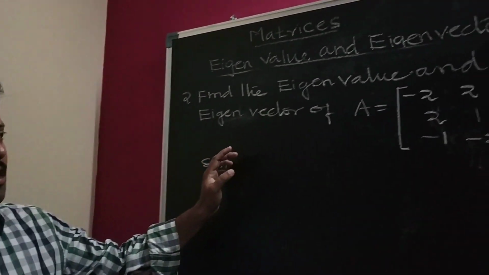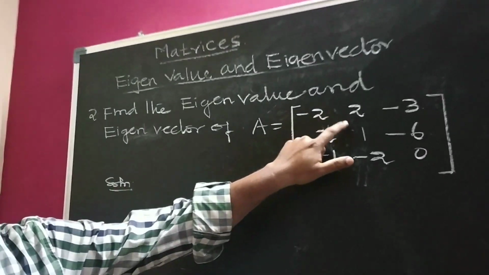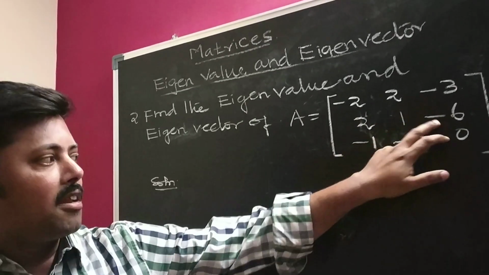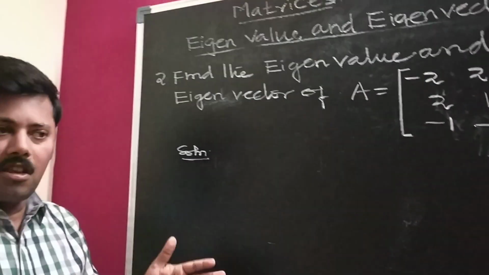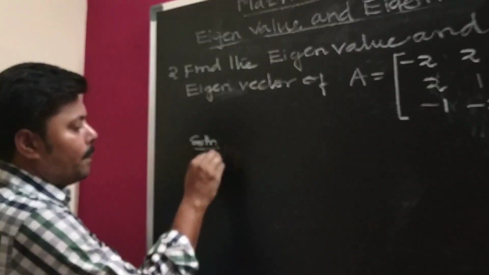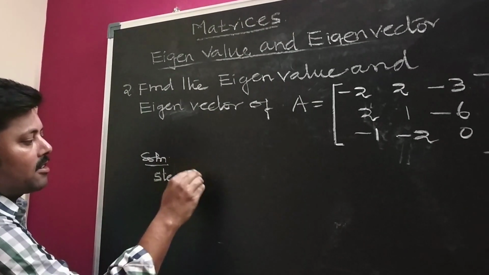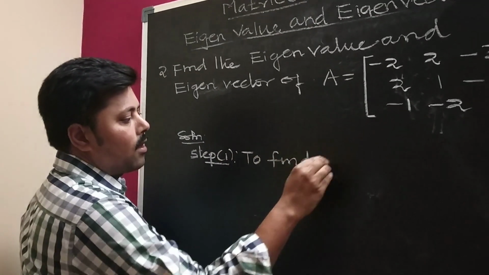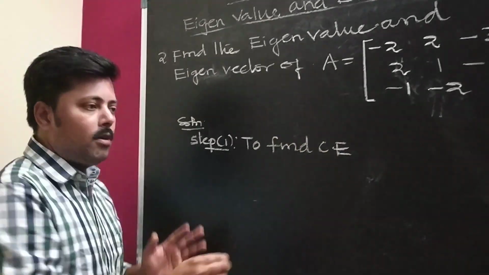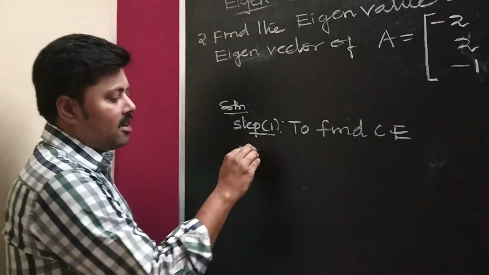Find the eigenvalues and eigenvectors of the matrix [-2, 2, -3; 2, 1, -6; -1, -2, 0]. So we have three steps, right? Step number 1: find the characteristic equation. We know that the characteristic equation for a 3 by 3 matrix is